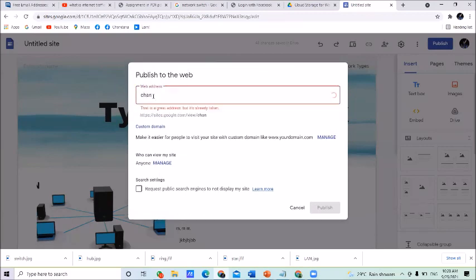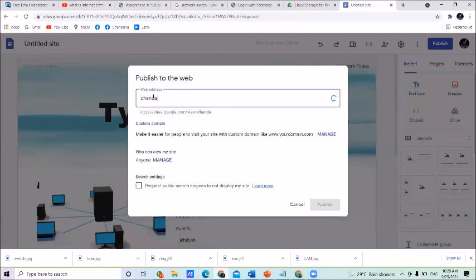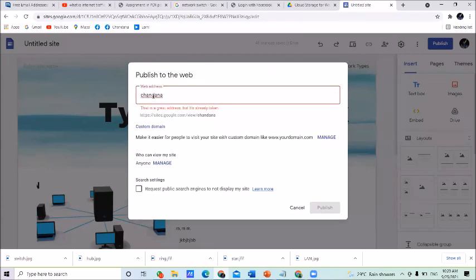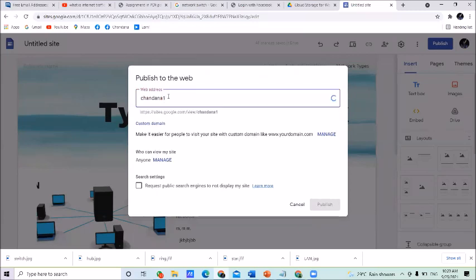As an example, I am giving my name. It is already taken, therefore I make a little change, adding 1 at the end. It's okay. Now you can see the full address below, starting with HTTP. This is the one you want to share.